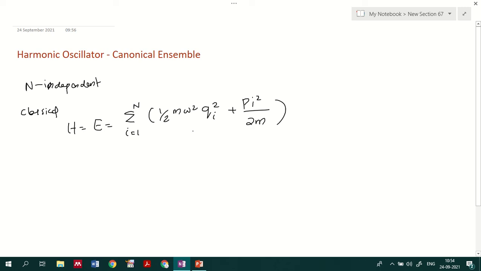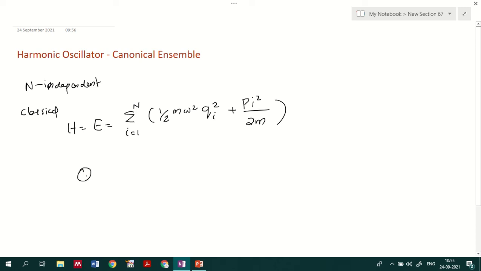2m. Okay, so when we discussed the classical ideal gas, we didn't represent a corresponding potential energy, because we already said that a classical ideal gas is a non-interacting case, so there will be no associated potential energy. So we will be only considering the kinetic energy associated with the non-interacting particles. But in the harmonic oscillator case, we know that a potential energy consideration should also be included, that is the half m omega square qi square representation.